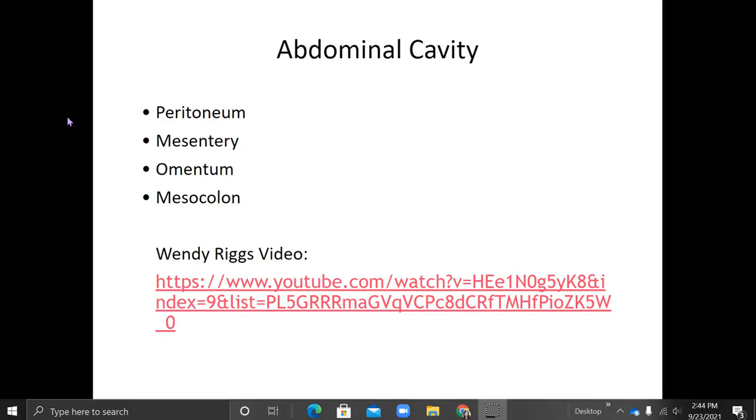Welcome to part 3 of abdominal anatomy. In part 3, we are going to discuss structures found within the abdominal cavity, and there are 4 new terms that we need to discuss. First is peritoneum, mesentery, omentum, and mesocolon. So we're going to talk about these in great detail, but I've also included a video